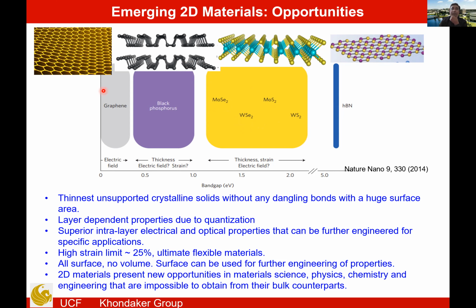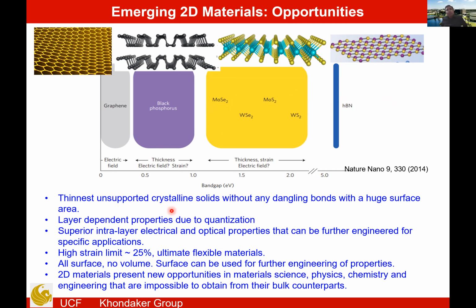So while graphene is a semi-metal, black phosphorus is a narrow bandgap material, with important applications in the near IR and IR regime. Of course, I don't have to tell you why near IR and IR is important for device applications. And then you have band gaps in the visible range for the transition metal dichalcogenides, and then the insulating regime, right? And because you all work on, you are in Tripoli, you must know silicon.